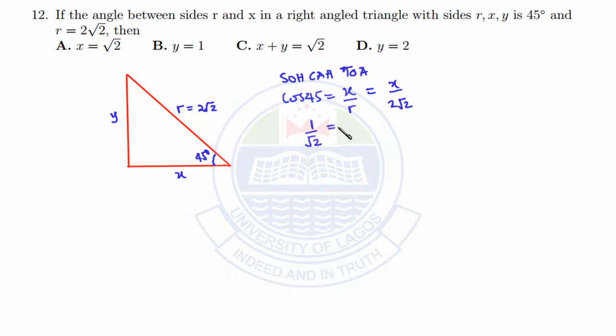That means we have 1 over square root of 2 equal to X over 2 root 2. So that means my X is 2. Now, by Pythagoras theorem,